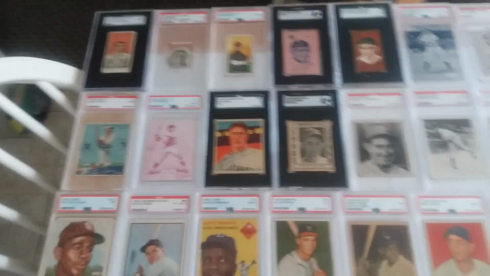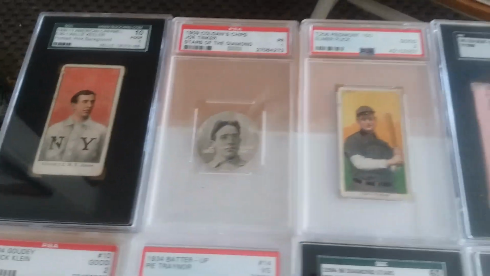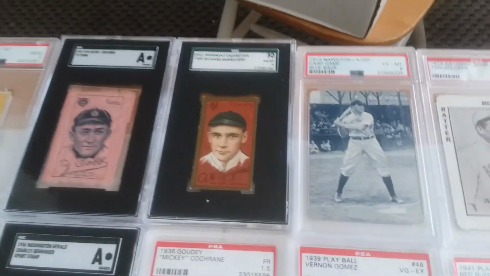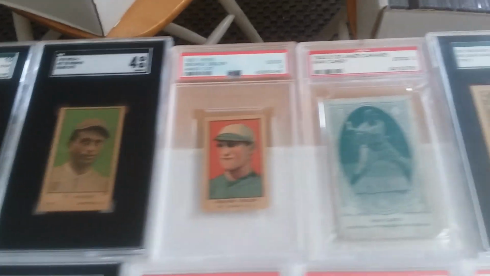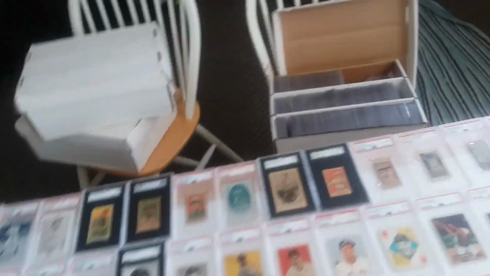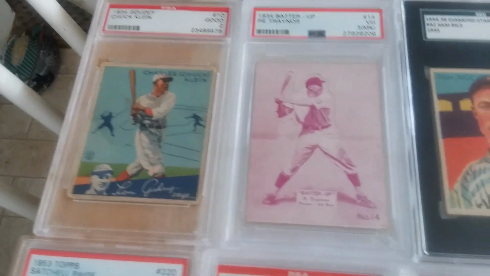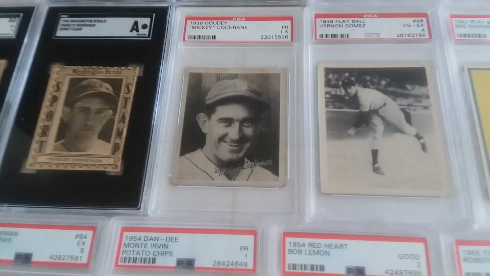And just kind of give you a nice little close-up here. Go with the first row. There's Ty Cobb. All these are different sets and different players. It was really hard trying to decide how I was going to do it as far as which cards to display,